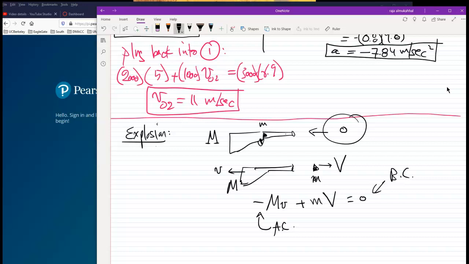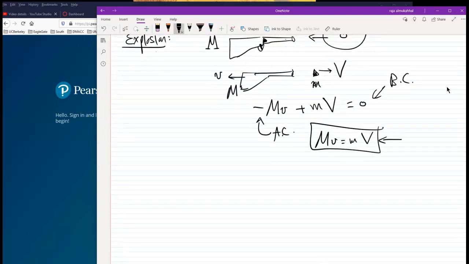I mean, before explosion, and after explosion. So now I move one of them to the other side, so it becomes MV equals M big V. And that's really the equation of an explosion: the two momenta are equal. So, for example, if I tell you that,